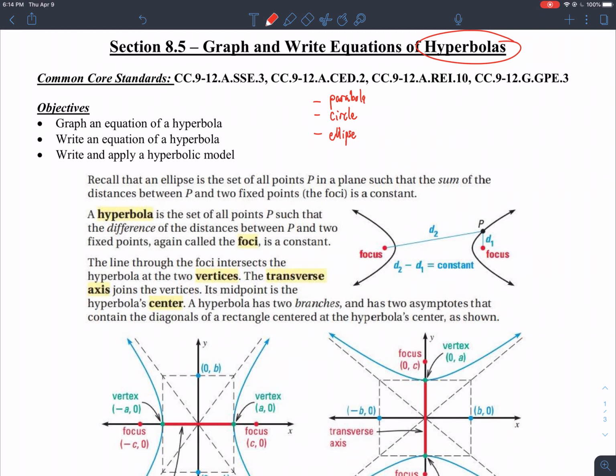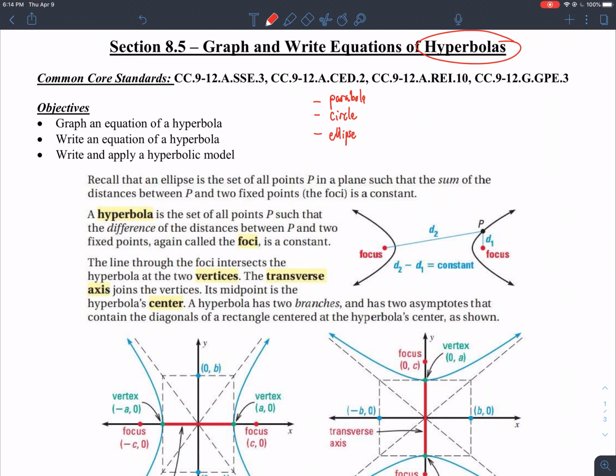Okay, so a hyperbola looks like this. Now, we've done hyperbolas before in chapter 5 when we did inverse variation, but these are a little bit different. We did general rational functions and all kinds of very complicated rational functions. But here we're sticking to the conic section that makes a hyperbola, and that has a very different set of